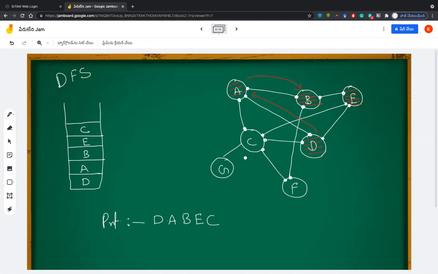Now when C is connected to G and F, tell me, which node should I pick? F, sir. F, naturally F, right? By this time, if you are analyzing the graph, you can understand that there is some difficulty if you go like this. So I will push F and print F, right? By this time, C is also visited, and F is connected to C and D. That's all. So F is also done. Then we are left over with G. So what should I do now?